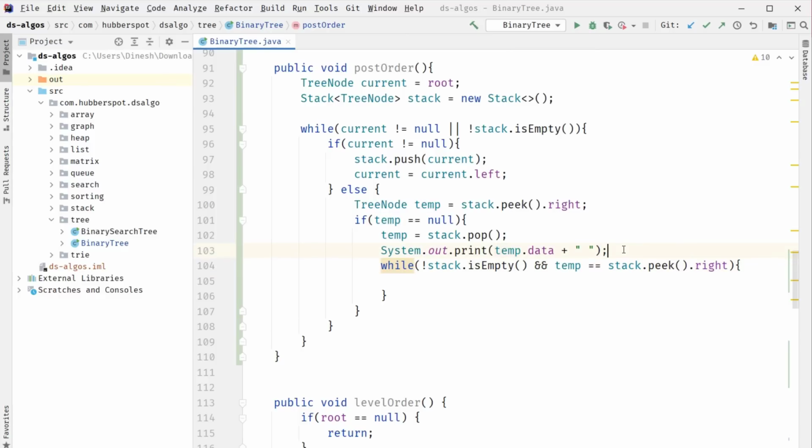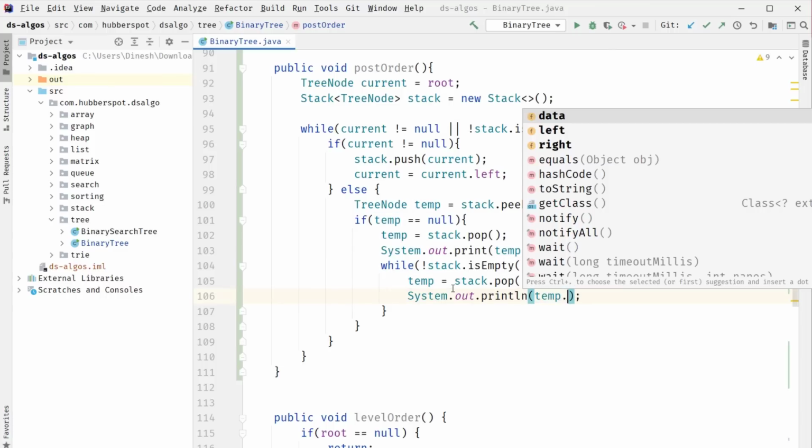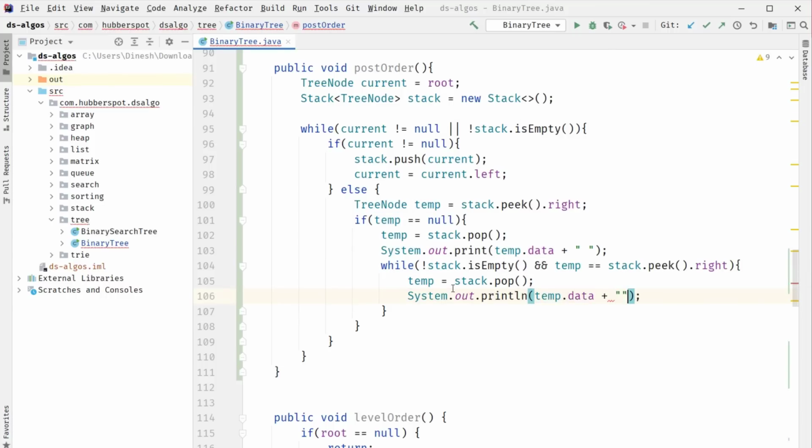So if it is on the right side, then we can simply again pull the element from the stack, assign it to temp, and we can simply visit that. And also friends, as here we are popping out an element and visiting it, we need to provide this in a while loop because there can be a chance that whatever we are visiting is actually coming out to be the right of the parent.